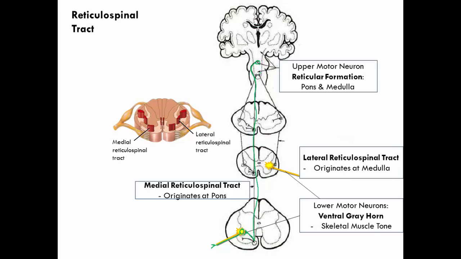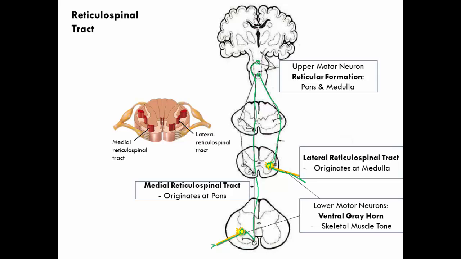The other place we can find an upper motor neuron is in the reticular formation of the medulla. So in this case, again, our cell body sits in the brainstem, in this case in the reticular formation of the medulla oblongata, and its axon now extends through the lateral reticulospinal tract, away from the medulla, and into the lateral column of white matter, where it continues along this lateral reticulospinal tract, until it reaches a level of the spinal cord where it's going to synapse with a lower motor neuron whose cell body sits in the ventral horn of the gray matter, and that lower motor neuron can then send the signal off to a